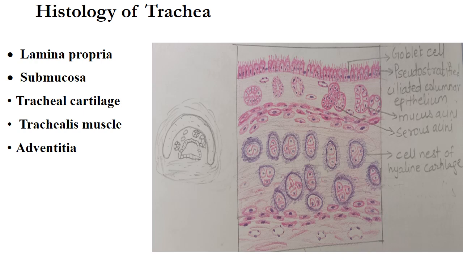So we will revise the histology of the trachea. It has mucosa, in which the lining epithelium is pseudostratified ciliated columnar. Lamina propria has lymphatic follicles, and an elastic membrane is present between lamina propria and submucosa. Submucosa mainly contains mucous acini with serous demilunes. And then we have the hyaline cartilage. It is C-shaped, incomplete, and the trachealis muscle is there. And lastly, the adventitia layer. It is a fibroelastic connective tissue layer.